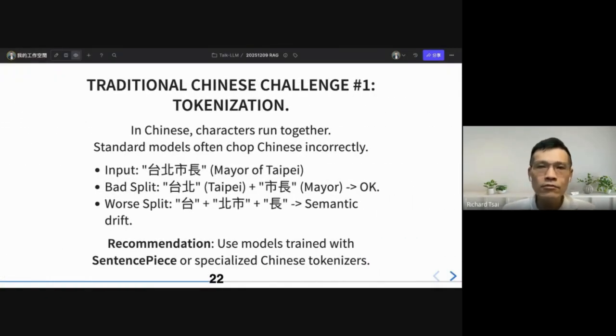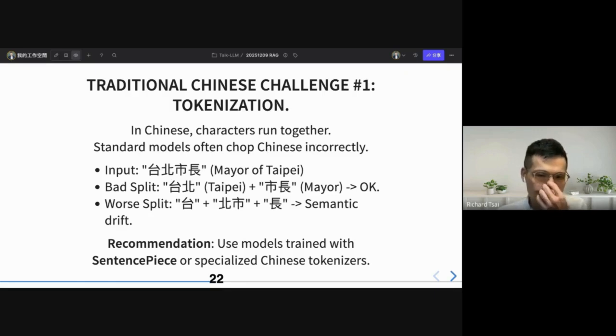Okay, so now we are going to talk about the challenge brought by traditional Chinese. Firstly, we need to deal with tokenization. In Chinese, characters run together. Standard models often chop Chinese incorrectly.